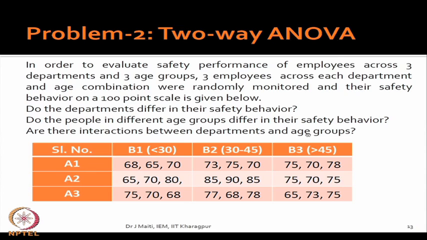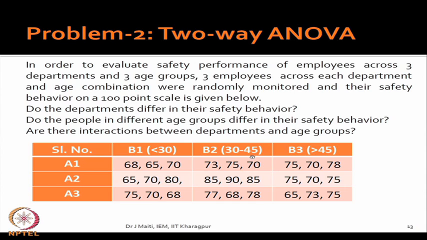Getting me? Now, if your query is only the first one and you do not consider that age is an important factor, then it is only one-way ANOVA, what we have done earlier. As we are saying, it is not only the department that talks about the working condition, but also people's behavior, expertise, and thinking, which is not coming under department. We want to capture this through different age groups.